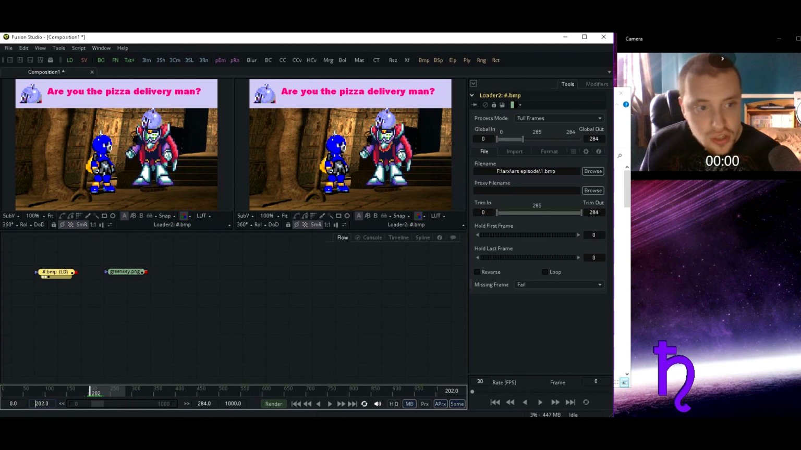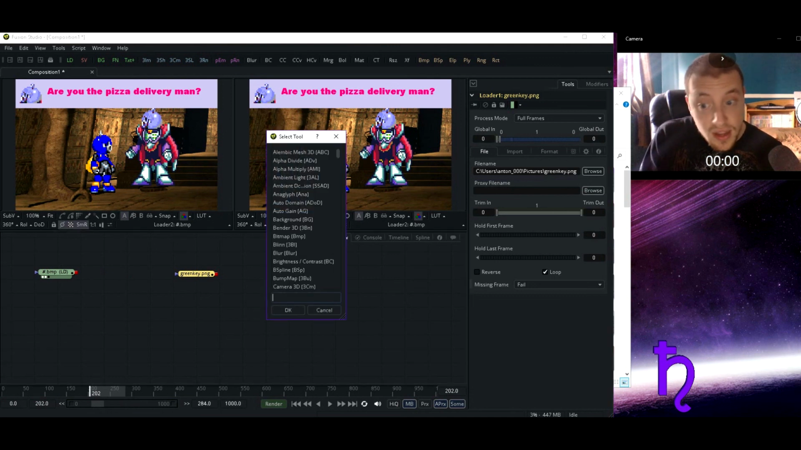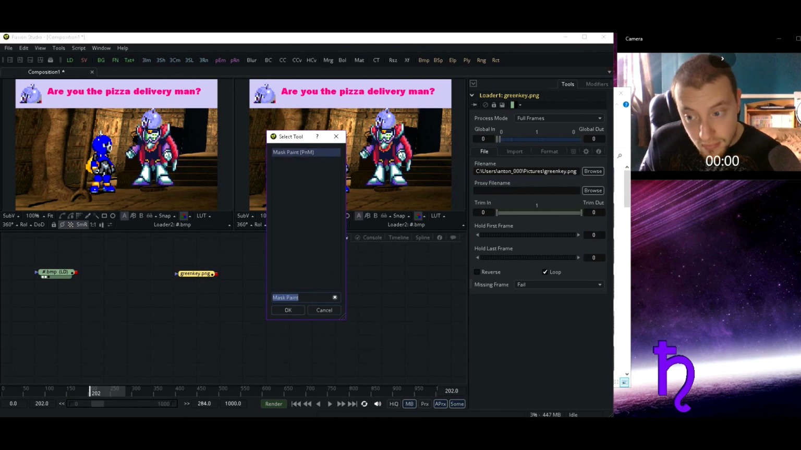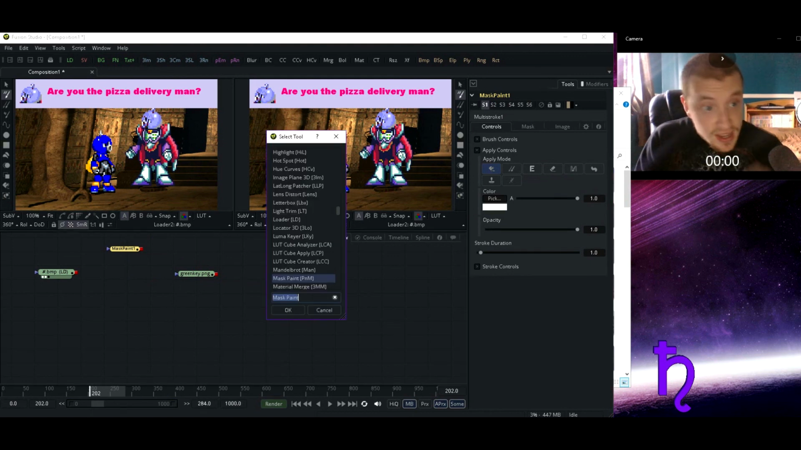Now the way this is going to go down is I'm going to start off by adding a mask paint. So what I did was press Control space, and I'm going to put a mask paint. But then, now you can see everything is moving. But here's the thing: it's moving in the wrong node. So what I'm going to do now is hit Control space again, and